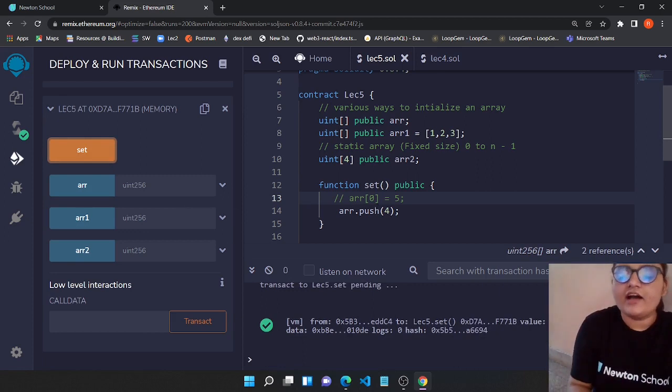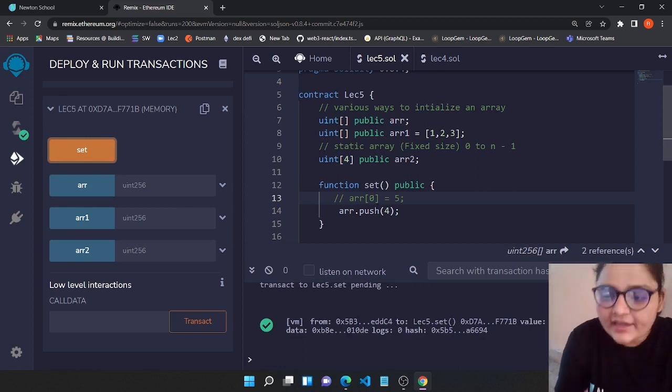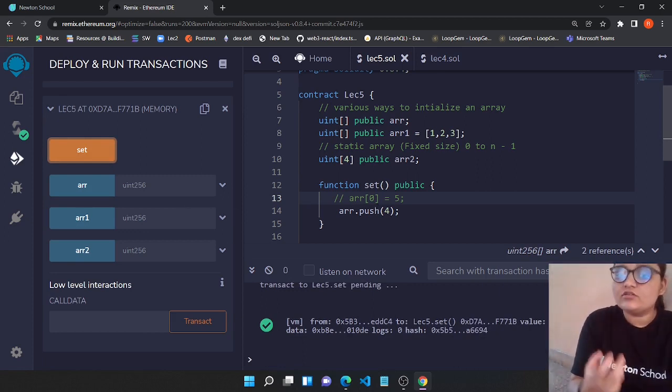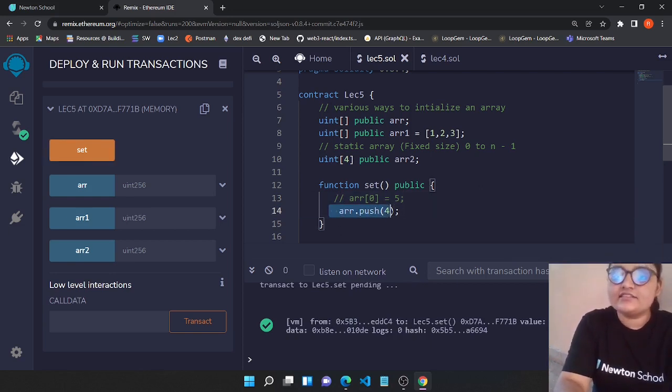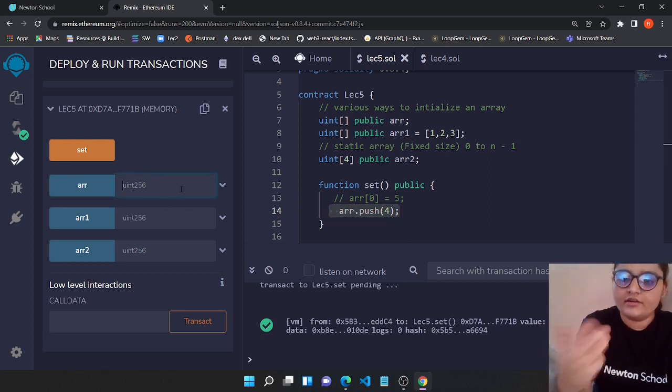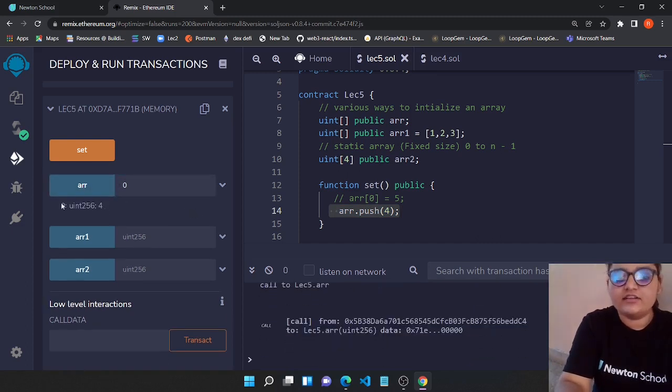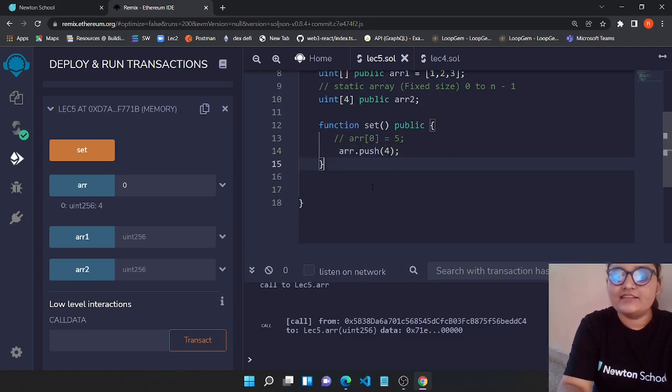Now let's check the set function. So yeah, I was again trying to extract the zeroth index, because this one was to update the value of an array, not to give values to an array. That's why this was giving us an error. But instead, if we use the push function, we get the result. So now let's use the zeroth index, and this will give us 4. Now this was how you can insert a value.